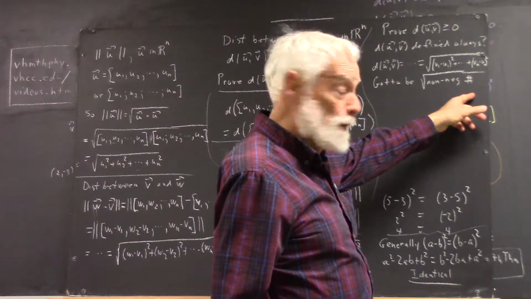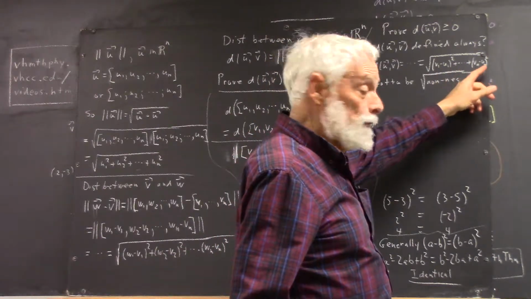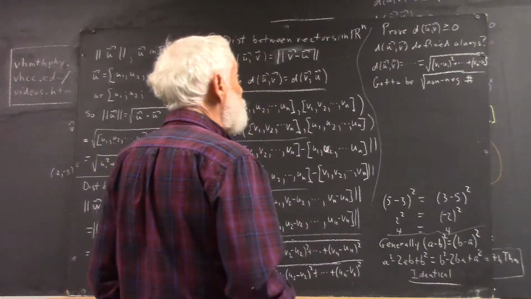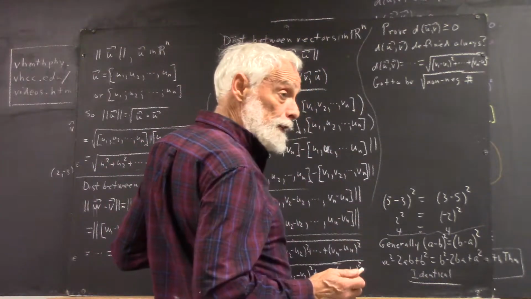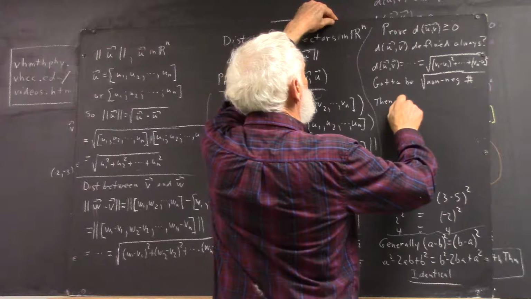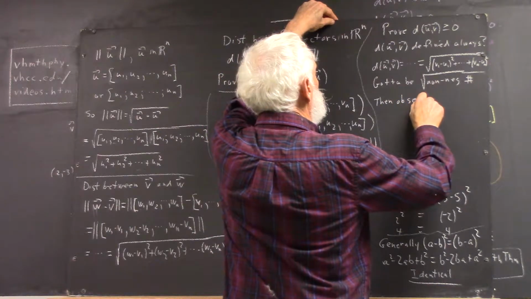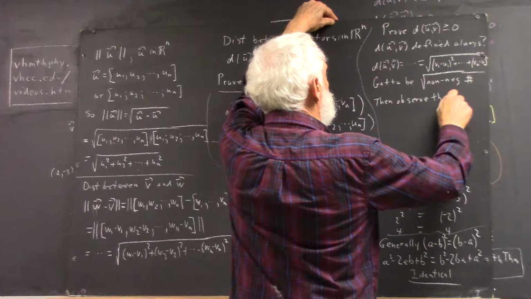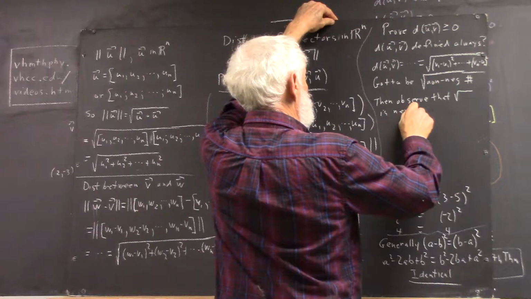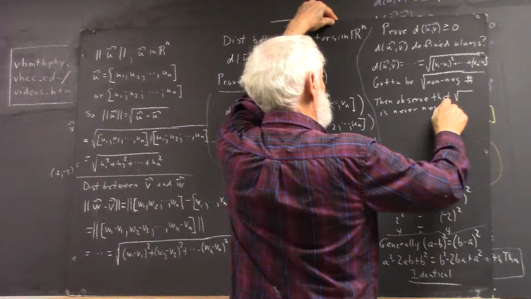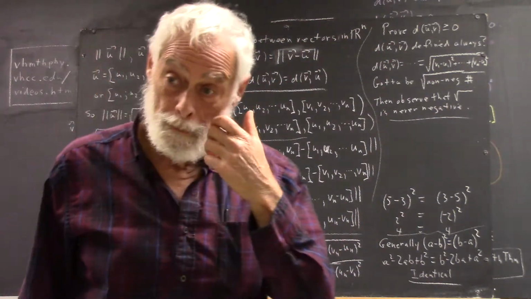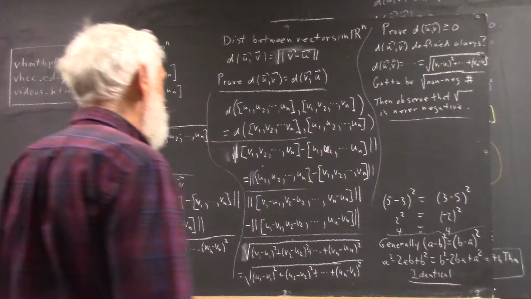How's it a non-negative number? Well, you should be able to tell me how the sum of all these terms is not negative. Can't possibly be. Okay? And in the process, then all we have to do is observe that the square root is never negative. And that's it. We prove that it's greater than or equal to 0. Okay? Now,